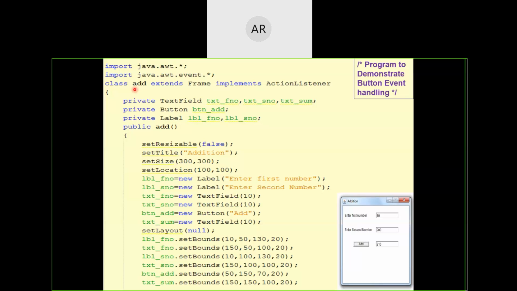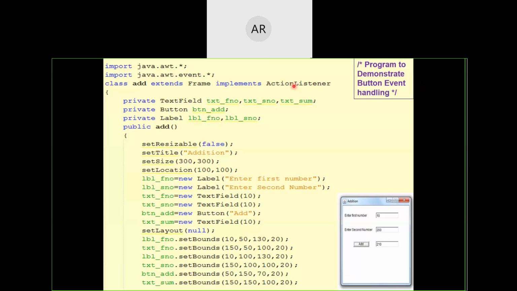Then we have a class defined called add, and we are extending into that class whatever features are there in the frame class. Then we are also implementing action listener. This action listener is an interface. So whatever abstract methods are available in the action listener, we have to define them.